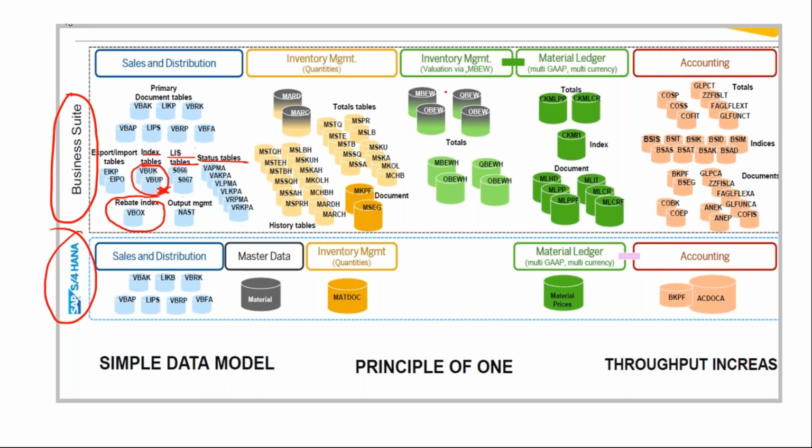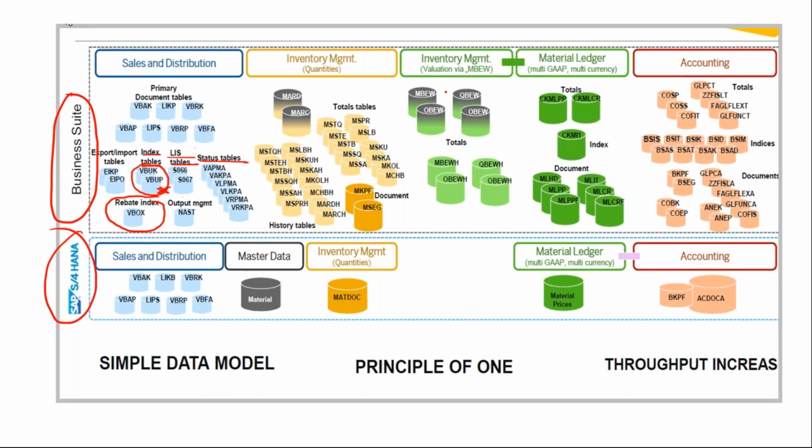So any transaction which the table captures will all be captured in the core tables now. For example, core tables being your sales, procurement, and finance. When you talk about the sales side specifically, you have your sales order tables, which is basically your sales header tables, where you have your VBAK, VBAP, and your VBEP, plus your delivery tables, LIKP and LIPS being your delivery header and item level tables, and your billing, VBRK and VBRP, which is basically your header and item level tables.